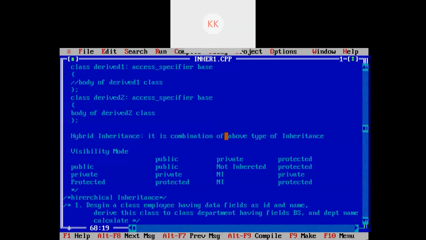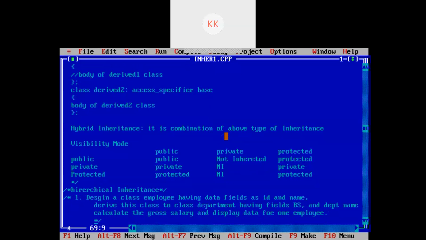Calculate the gross salary and display data for one employee. Okay, so this is your first assignment.